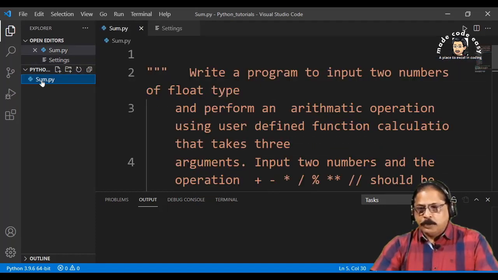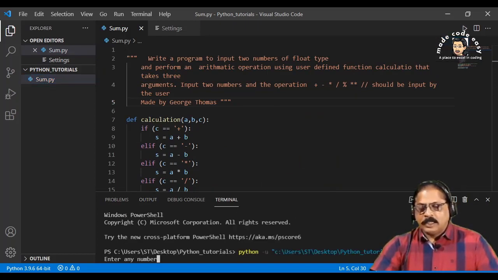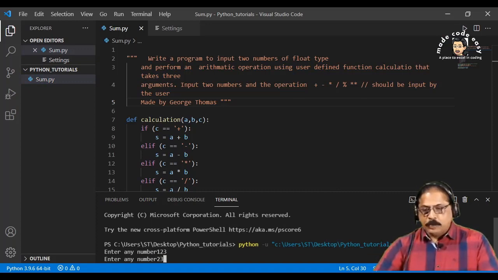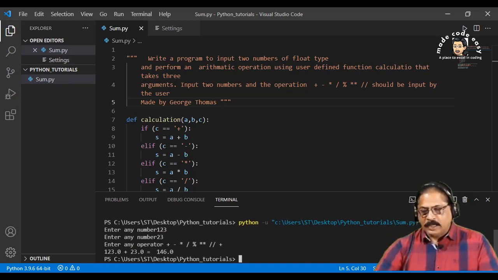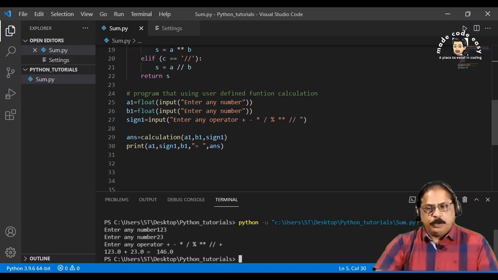And now we come to our program and we click on run code. Now it is running in terminal. I have given 123, I have given 23. It's asking for the operator, I have given plus, enter. The answer we have got, because this program is taking two inputs.